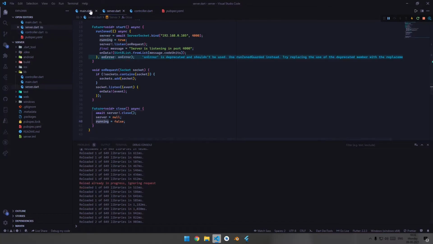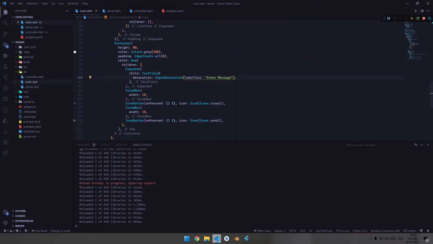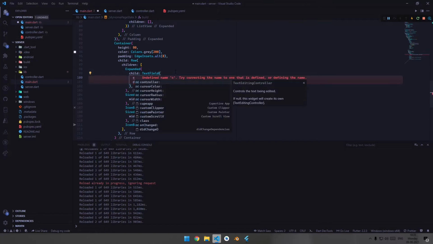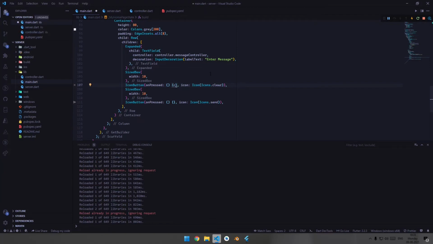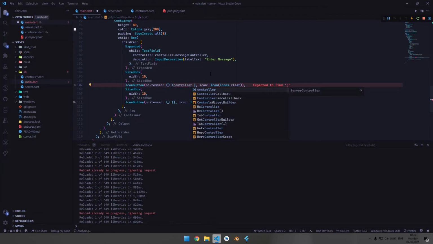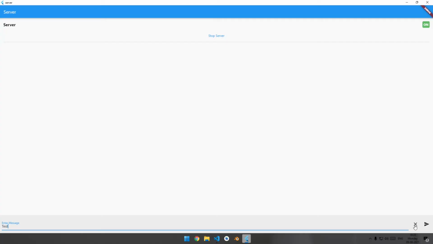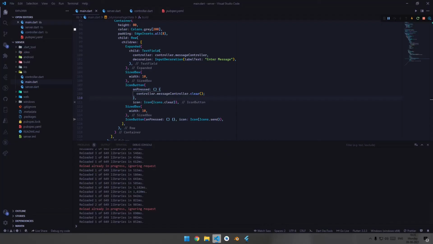We will be calling this controller over here as controller.messageController. When we hit the clear button, we need to clear this message controller. Now, when I click on that, it's getting empty.